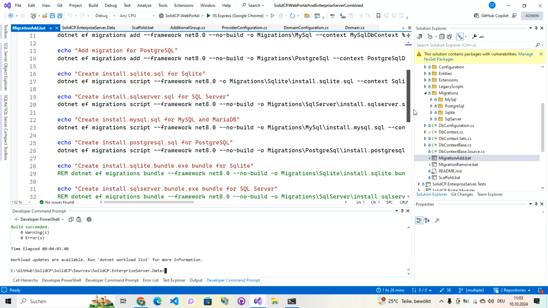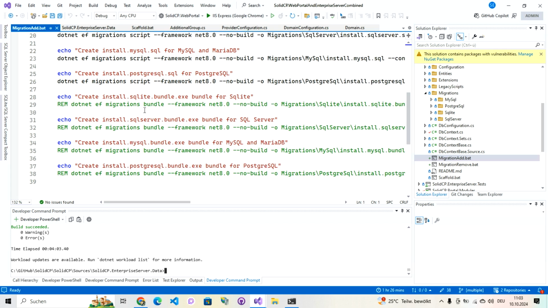And then theoretically it would also create a bundle exe to run the migration on a database, but this keeps on bringing an exception. It doesn't work, and it's a bug in EntityFramework Core migrations, and so I commented out this bundle creation. At the moment there's no bundles to